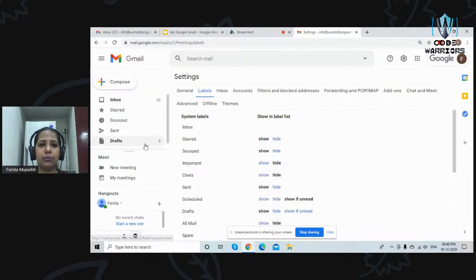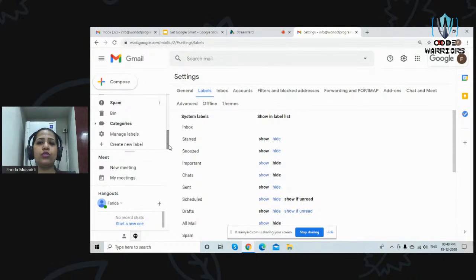Then you also have labels. I'm not sure if you all are aware. We can create labels over here in Google, in your Gmail. So labels is mainly used to manage your data or manage your emails. The way we have folders on our system, on our desktop, and we put different files in different folders so that it is well segregated.